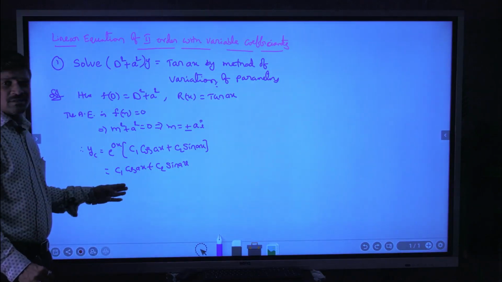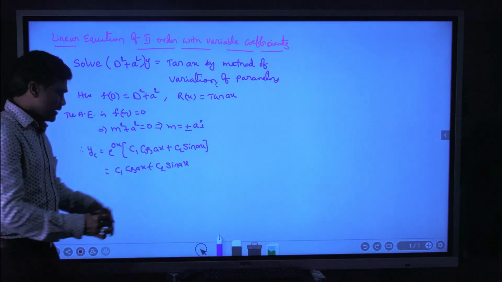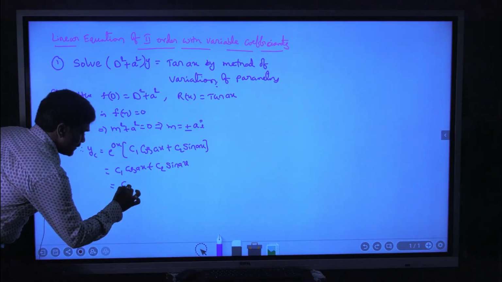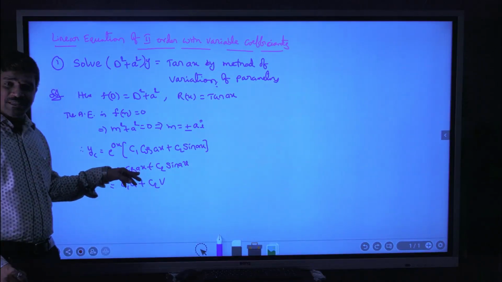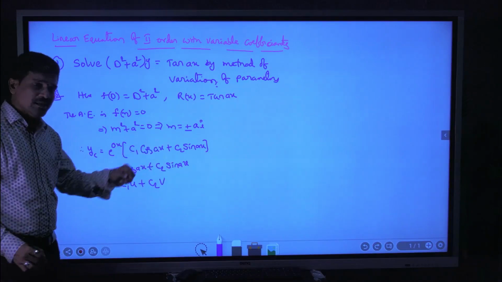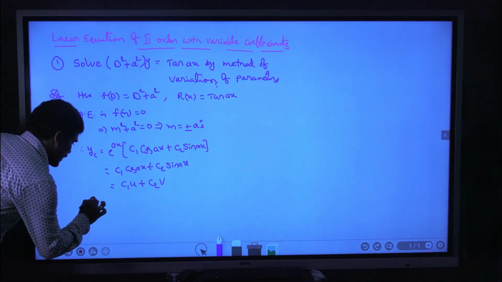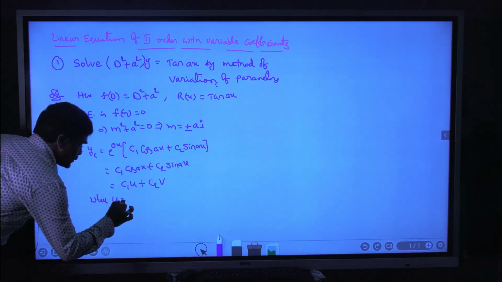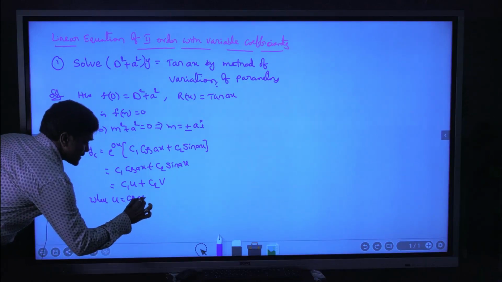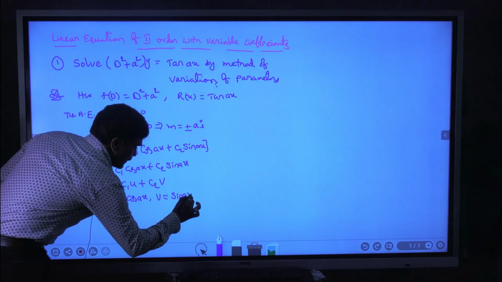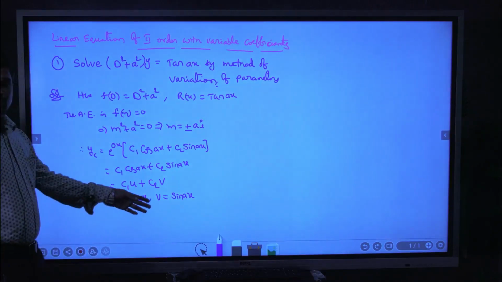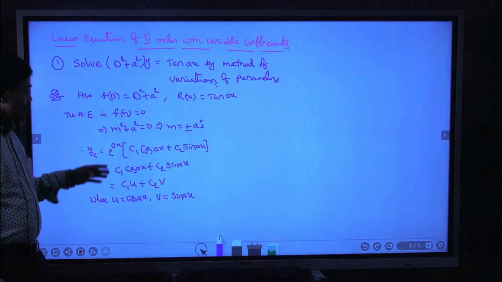Now compare with c1u plus c2v. That's why we get u is cos ax and v is sin ax. Here u is equal to cos ax and v is equal to sin ax. These are u and v. Now to find